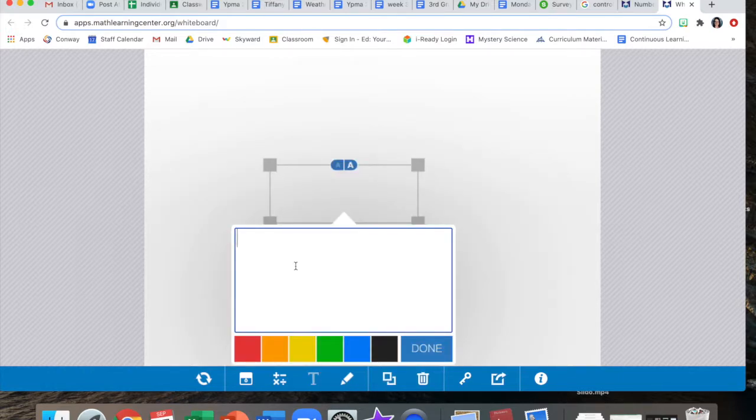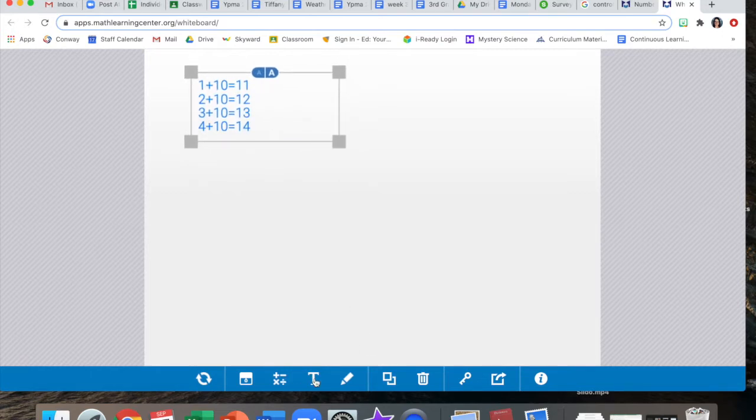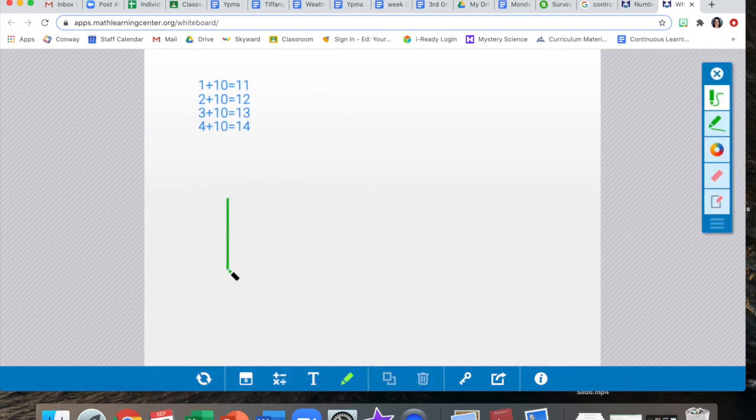Okay, so let's start with the add 10 facts. The add 10 facts are any number plus 10, like 1 plus 10 equals 11, 2 plus 10 equals 12, 3 plus 10 equals 13, 4 plus 10 equals 14. You're probably seeing a pattern. Each time I do this, the answer is just 10 and that one we added. It's like the number took the place of the 0. Let me draw it out. So if we had 10 plus 4,